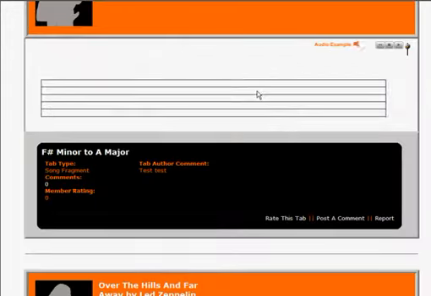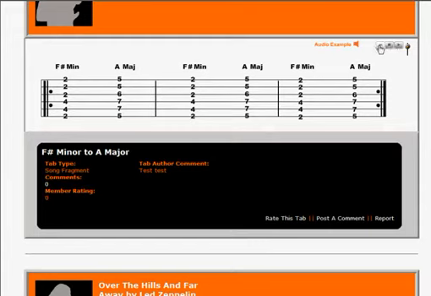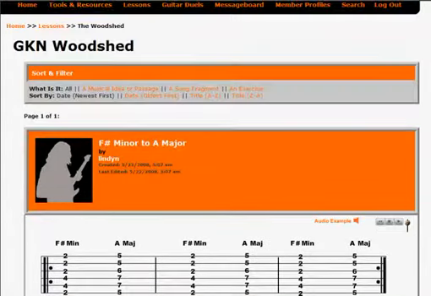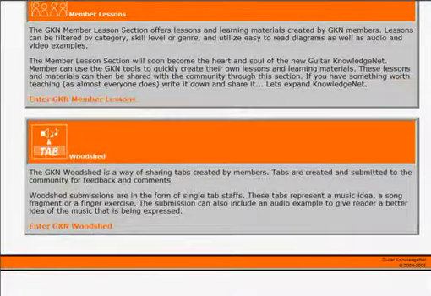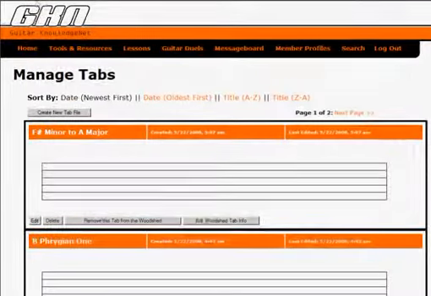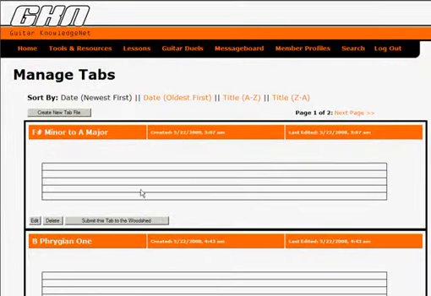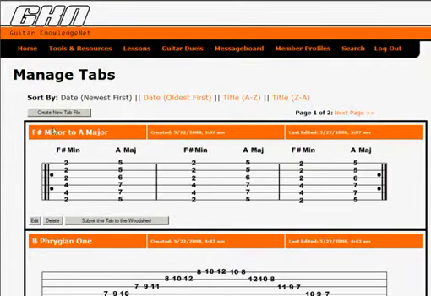And also the audio example that I requested has been embedded into this as well. Now I am going to remove this from the Woodshed because it's not something that I actually want to add to the Woodshed right now. So I've removed that from the Woodshed. And I'm going to go back to my main member control panel, because now we're going to actually build the